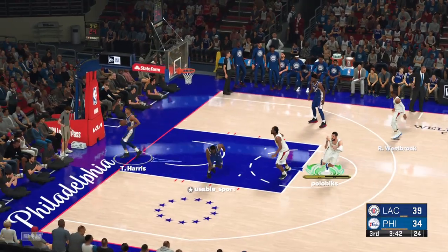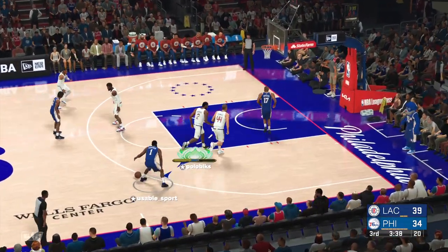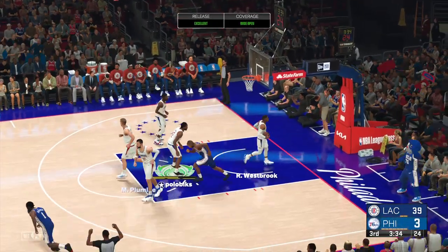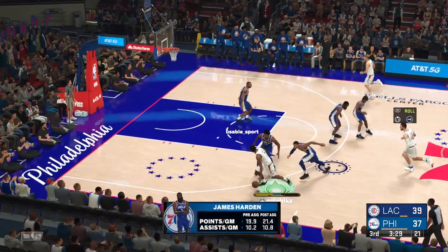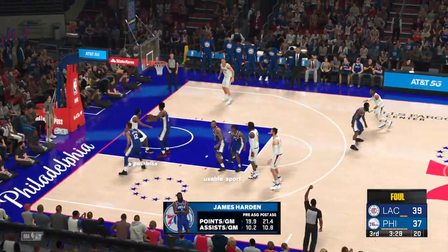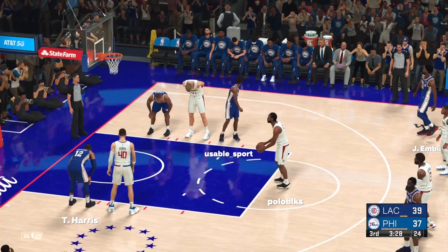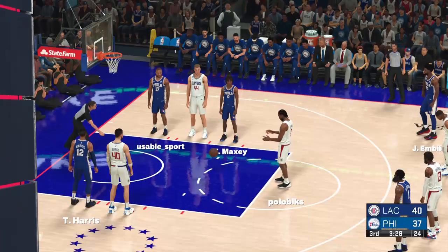And this is where PG, at his height, because of his size, has got that advantage to see over the defense and locate the open man. And with the 15th pick in the 2011 draft, Kawhi Leonard wasn't highly touted coming out of high school or college. Listen, even in the pros, recognition took a while. How about this? He won Finals MVP and Defensive Player of the Year before he ever made